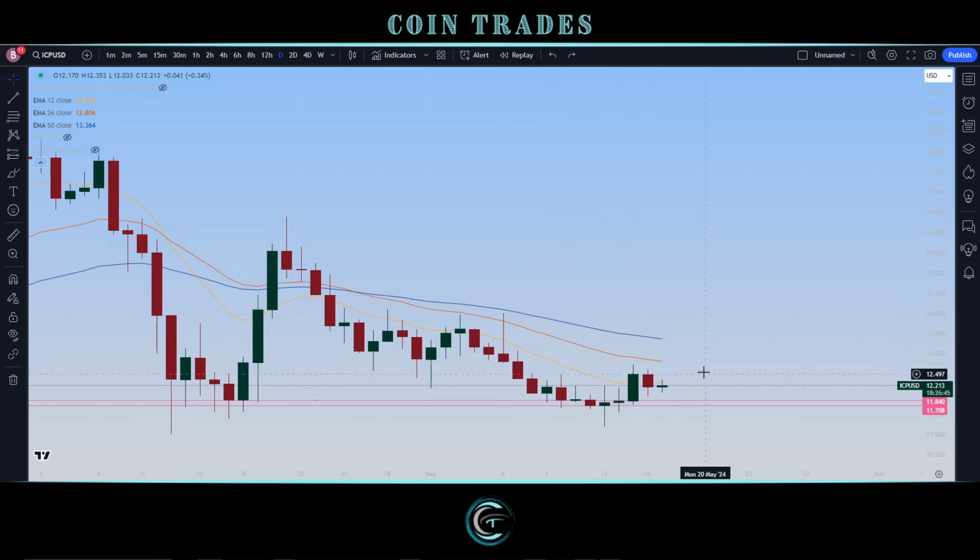So now up overhead, if we actually talk about the level of previous closing support that did turn into resistance, theoretically, now we would have that aligned with about the 26-period EMA, coming in at 1284.4 for that. And right now we're looking at the 12-period EMA being 1280.06. But anticipation is that if we do wait a little bit more, we will have a little bit of a zone here, and probably that will align just fine with what we've seen in the past for previous supports and